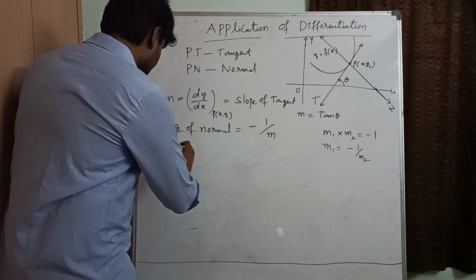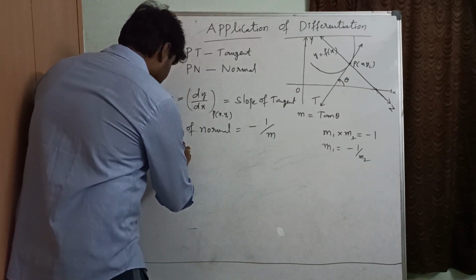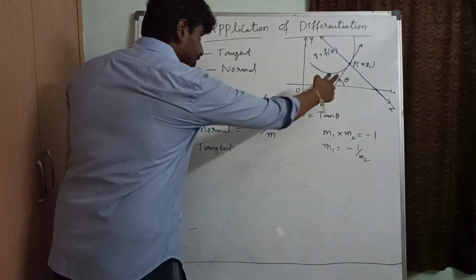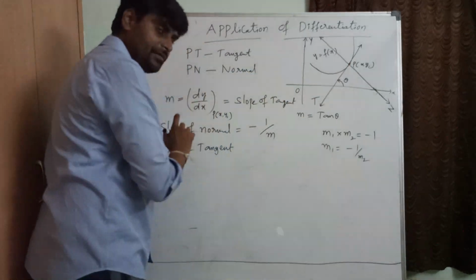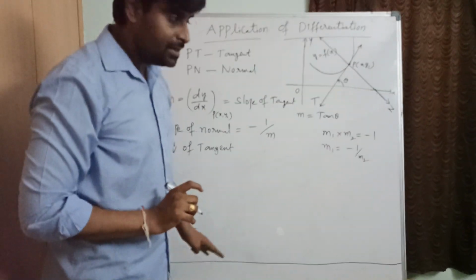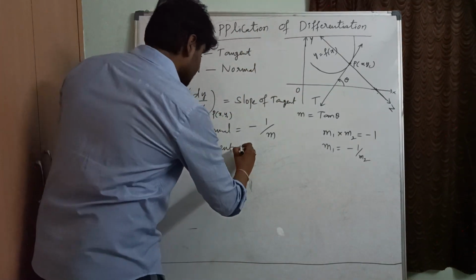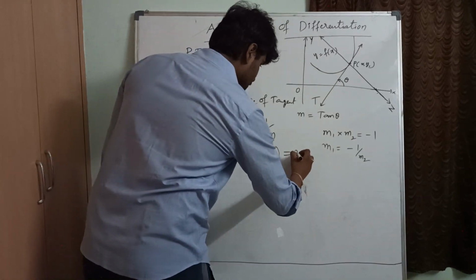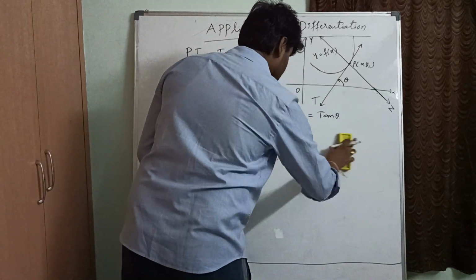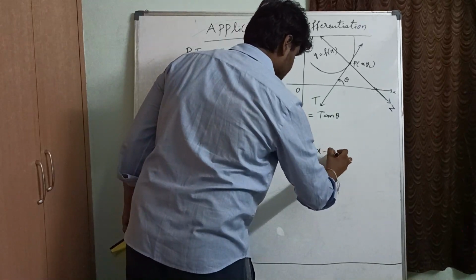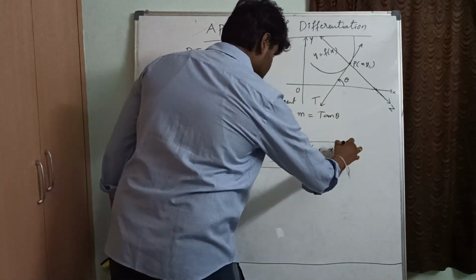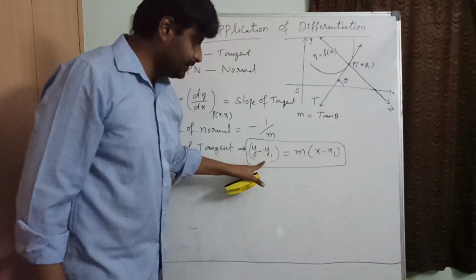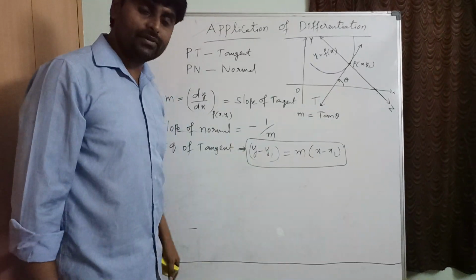Okay. So now we can find the equation of tangent. So what is the equation of tangent? By using point slope form, we have the point, and the slope we have calculated by differentiating the given curve and substituting the given point. So the equation of tangent will be y minus y1 equals to m into x minus x1. This will be the equation of tangent, as we have learnt in the straight line topic. By having one point x1, y1 and one slope m, we can find the equation of any straight line.